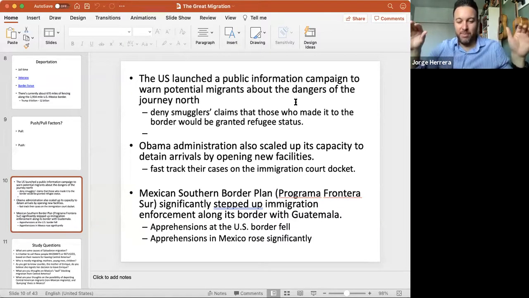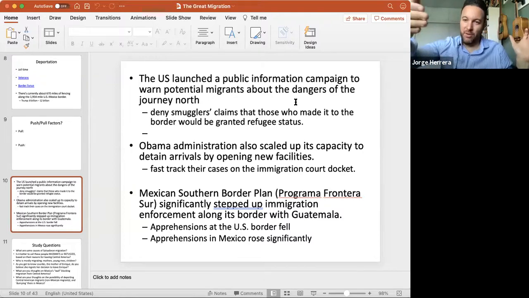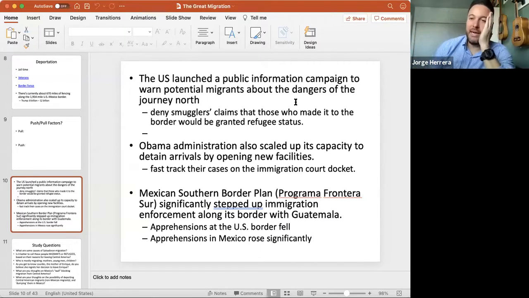I don't want to say 100% false, but you can get to the border. You don't have to be on the north side. You could be on either side of the border. You get to the border and you can apply for asylum or refugee status because you're being persecuted in your hometown. Maybe your entire family got killed because of something your uncle did, or maybe just because of where you live. And so you go try to seek help in the United States.